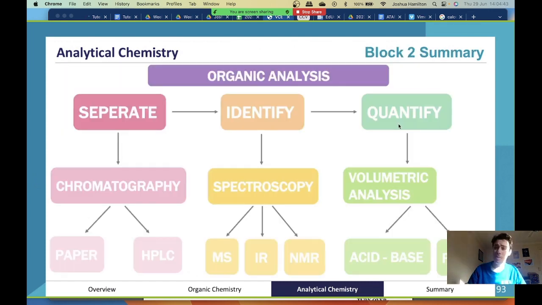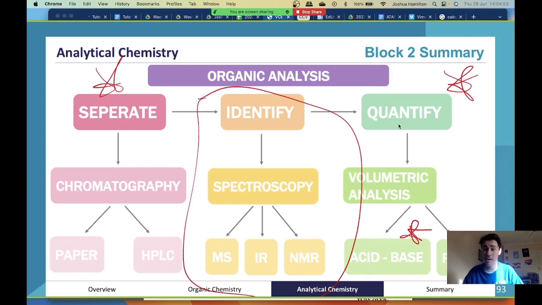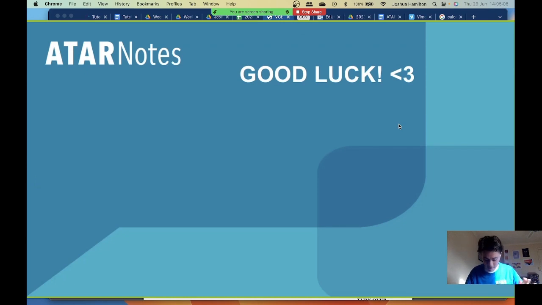So that's a summary of what we went through. We really just went through this. There are slides on this, and you do need to go over this yourself, particularly this here. They are important to revise and important to make sure you understand prior to going into any sort of exams. So nonetheless, that is everything for today. So just to summarize,